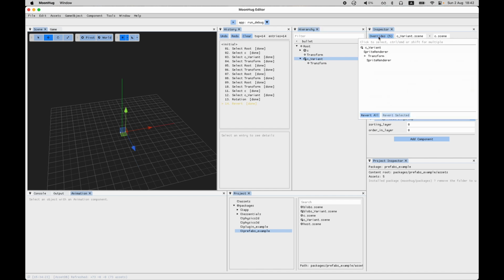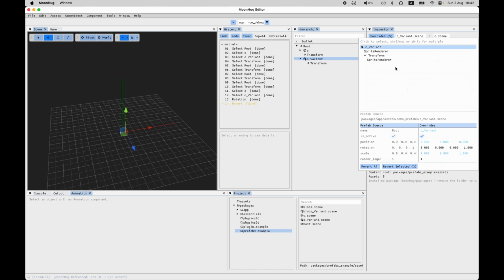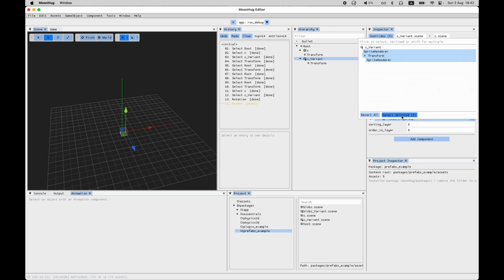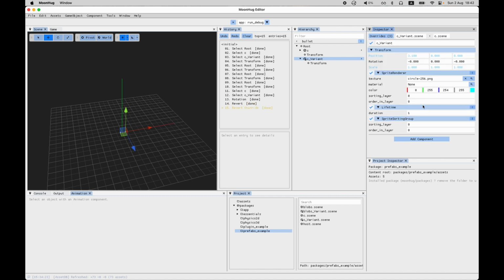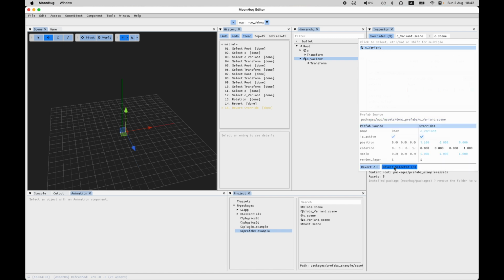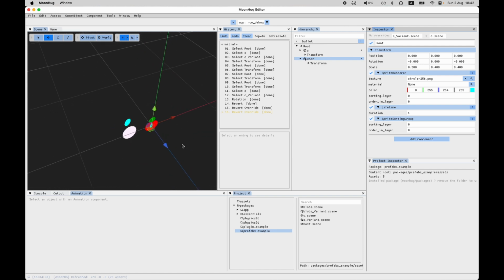We also have this overrides view, where we can pick whichever object. On the left we see prefab source values, and on the right we have the overrides. There might be some small bugs, but everything can be fixed. So if we want to revert multiple, we can just select them and press revert selected, and as you see, it's gone. Then we can do the same here, and this now should be close to